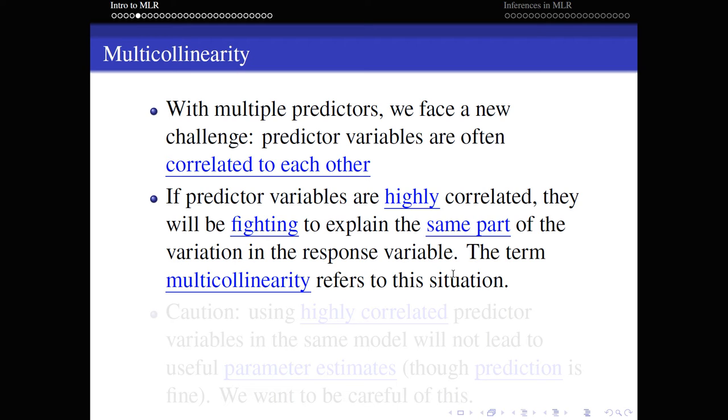But when each of the predictors are trying to explain the same chunk of variation in the outcome, what ends up happening is that neither of the predictors in our model explain much that isn't also explained by the other variable. So when we look at the independent contribution of a variable, it doesn't seem to have much of an independent contribution because most of its contribution to the model is shared with another variable. And this is the idea behind multicollinearity, that highly correlated independent variables fight to explain the same